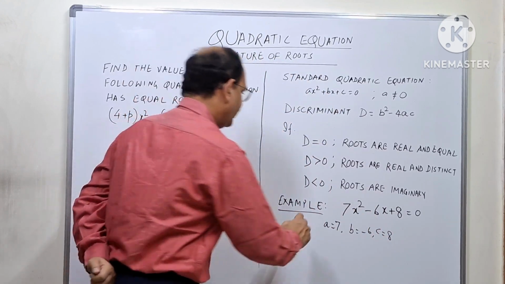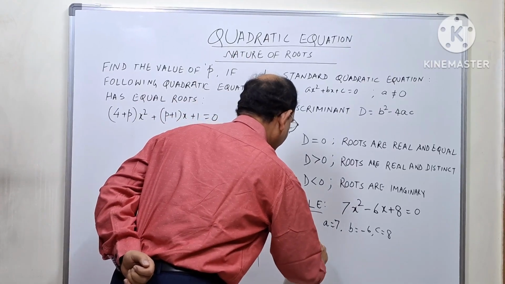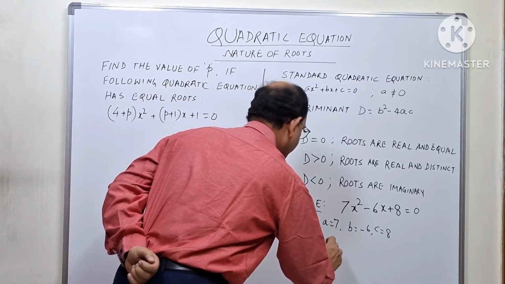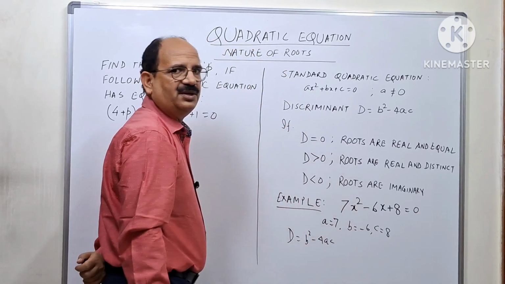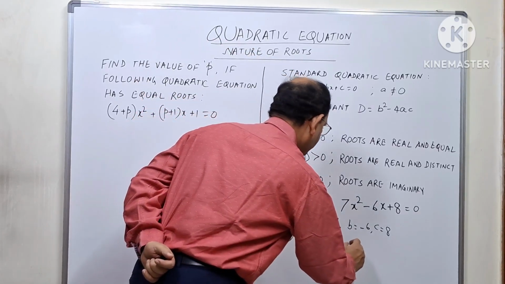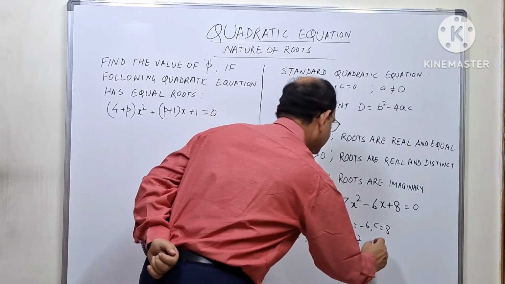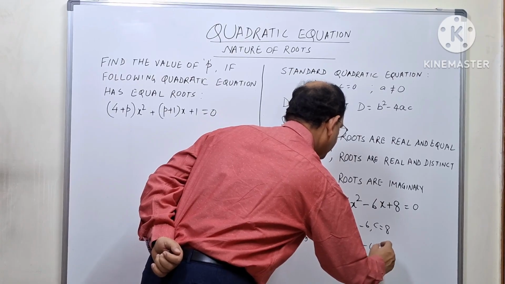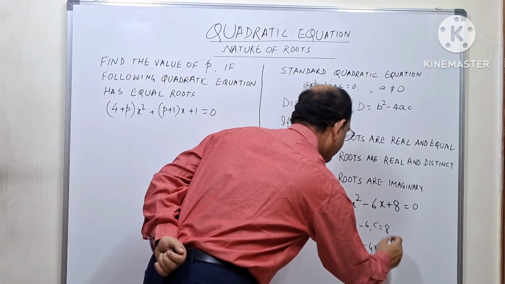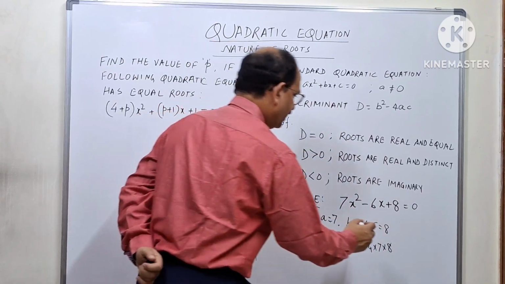Therefore, the discriminant in this case will be equal to b square minus 4 times a into c, and that will be equal to minus 6 the whole square minus 4 into 7 into 8, which will be equal to